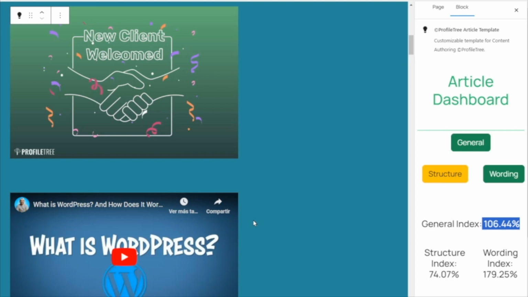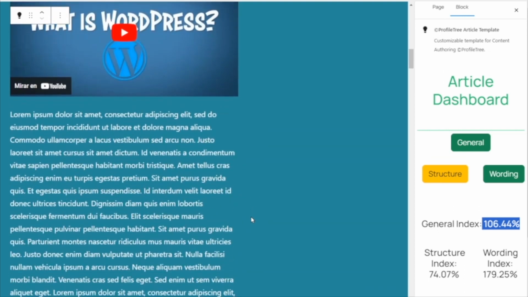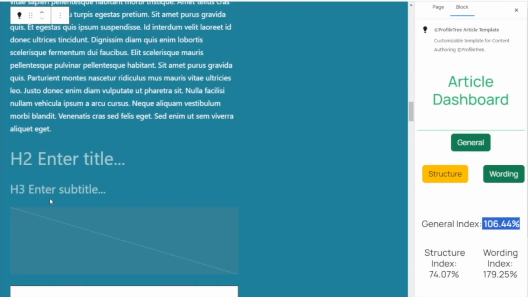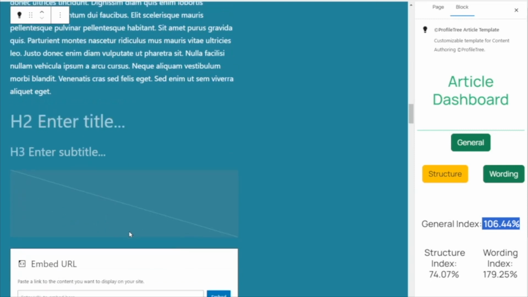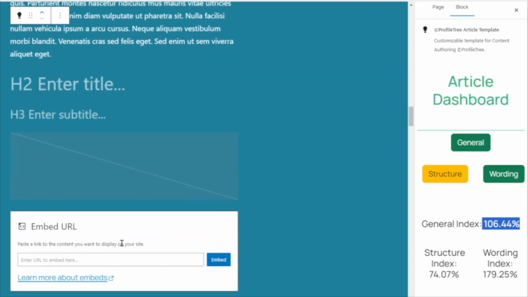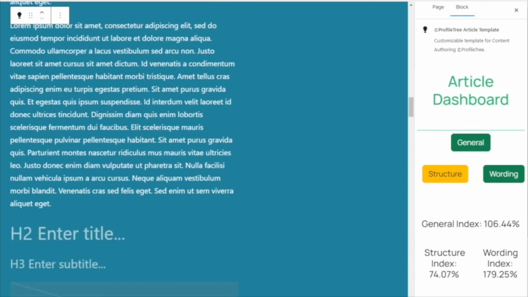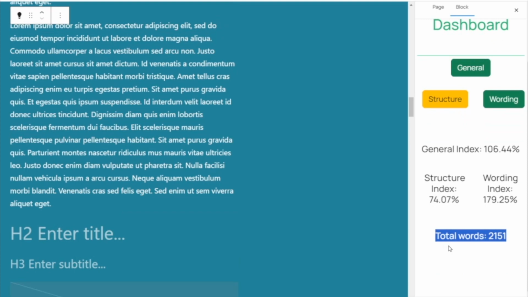The only element that is failing is the structure, and I provided a general index so the author has a good idea of the development of the article itself, but I also separated the structure and the wording. The structure is the amount of elements they use. So in this case, they could use even more elements from the page, the inner blocks, images, more videos, more lists, for example. Also providing the amount of words that they